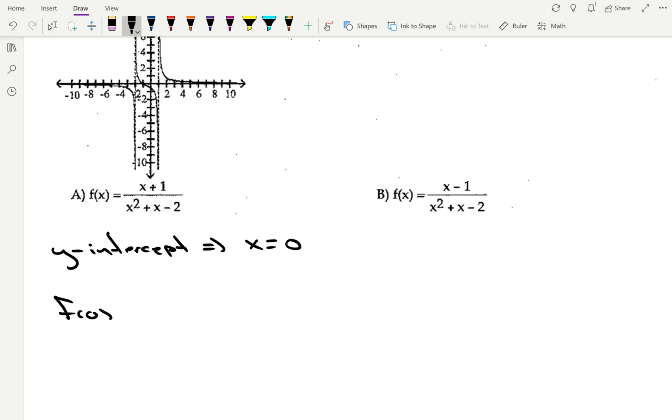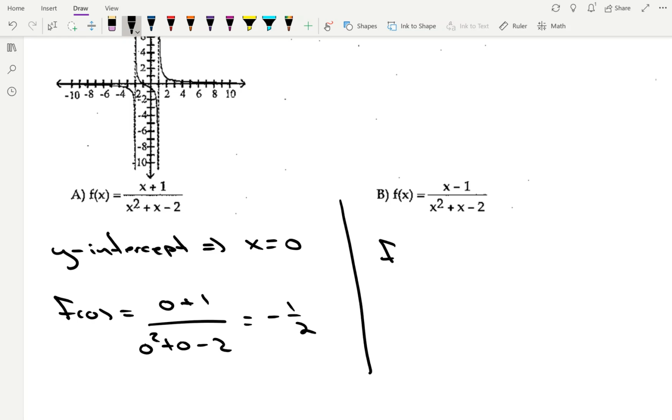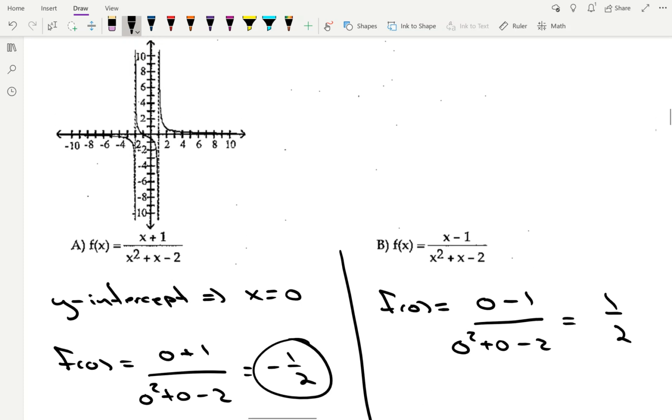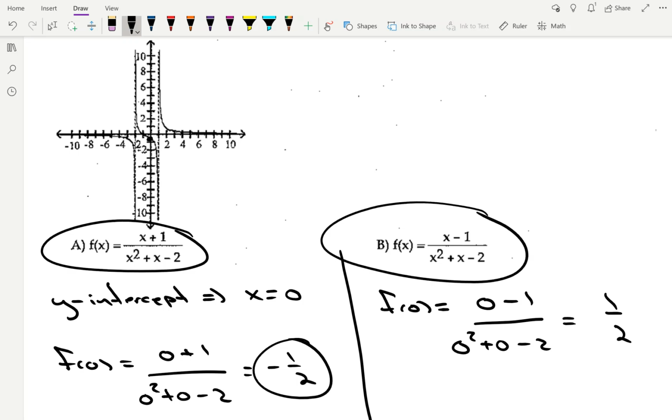So f of 0 over here would be 0 plus 1 over 0 squared plus 0 minus 2, and that would give me a negative 1/2. And that looks pretty good. Let's go check out this guy over here, see if my plan worked. 0 minus 1 over 0 squared plus 0 minus 2 would give me a positive 1/2, because two negatives make a positive. So here, just because of where the y-intercept is, and I had to choose between these two functions,